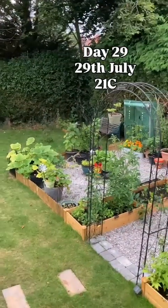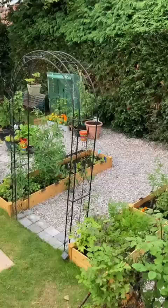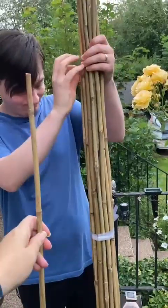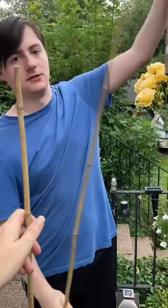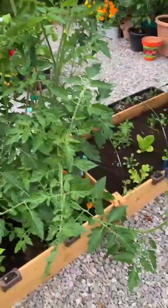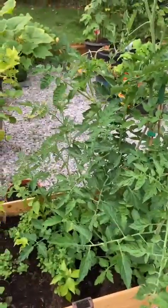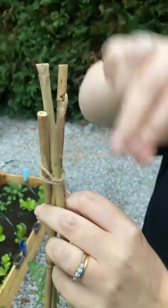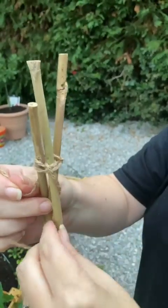It is day 29, it's the 29th of July, and we didn't get in the garden until early evening today, but there was one job that we desperately needed to do, and that was sort through these garden canes because we needed to make a teepee for one of our tomato plants. This tomato is the chocolate tomato plant that our neighbours gave us as a little tiny plant, and the tomatoes are supposed to go brown and be very, very sweet,